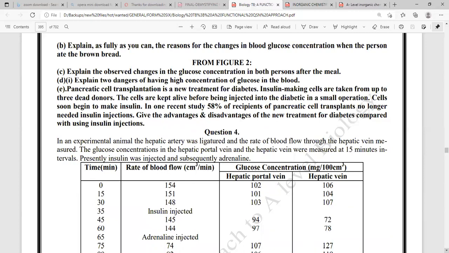What effect would high concentrations of glucose bring about? How dangerous would it be in the body? Then